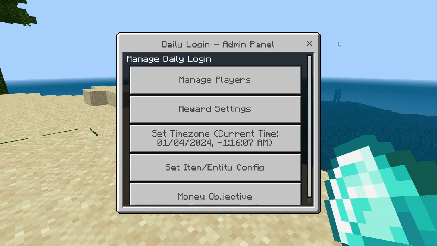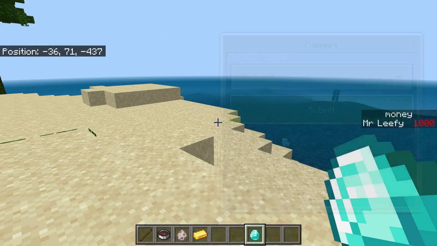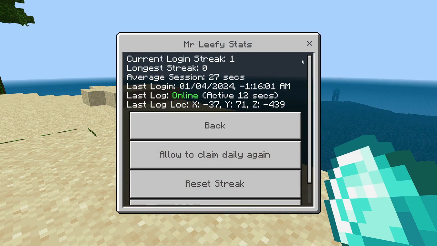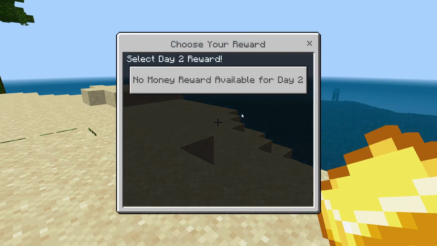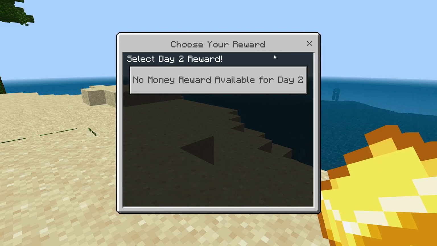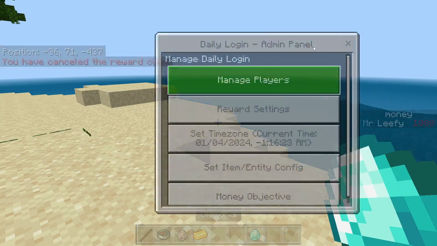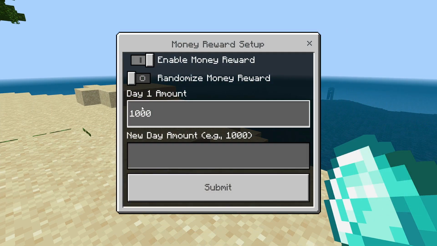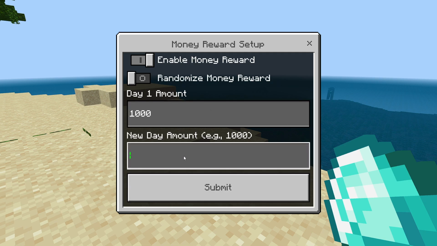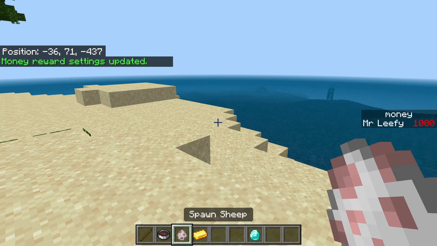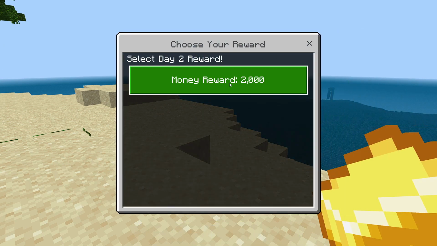And now let's say we want to move forward a day. There's actually a thing we've got to worry about. So let's make it claimable. Let's go back to the claim. You realize there's no reward available for day 2 because we have nothing set up for day 2 for the rewards. So if you look here, day 1 is just money, right? We have no day 2. But if we do 2,000, boom, and we go back to here,